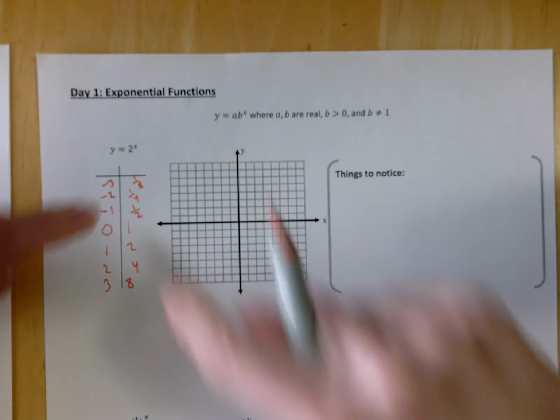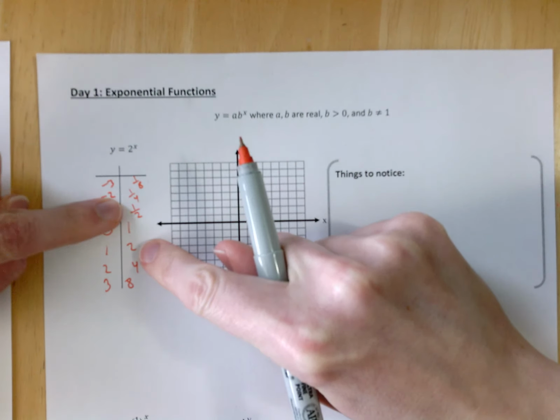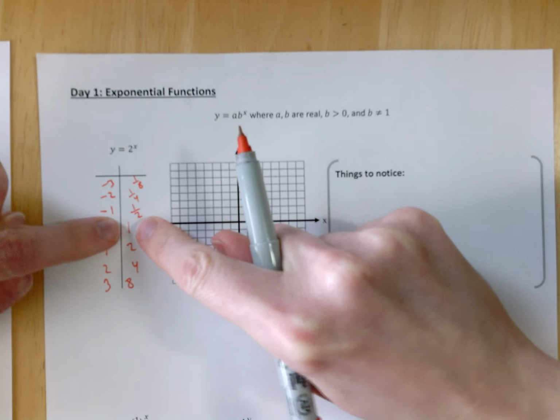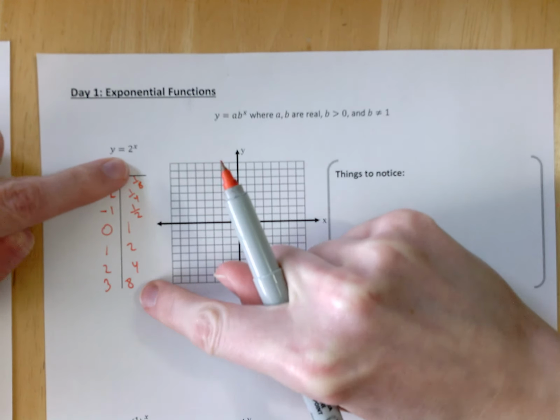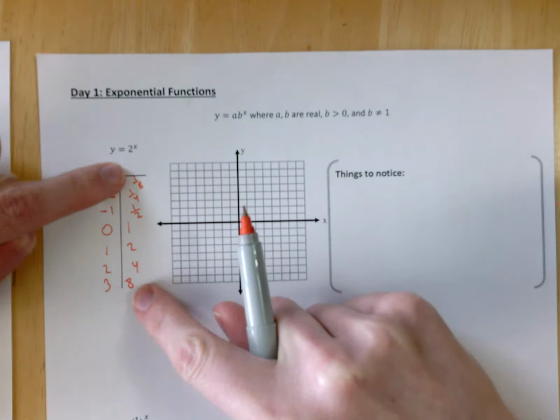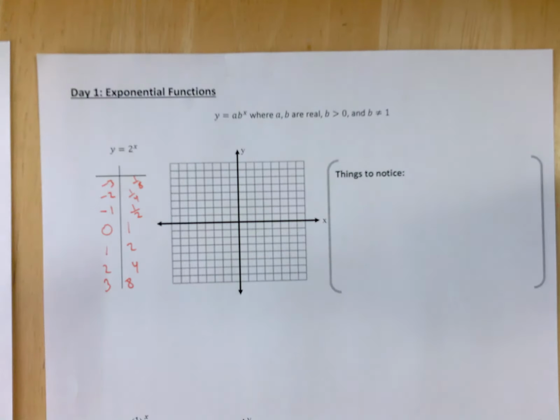So as you look at this table, you should see there's a sort of symmetry here, right? You get this 1 in the middle, and then it's 2 versus 1 over 2, 4 versus 1 over 4, 8 versus 1 over 8. And as you think about it, that's going to keep going forever. You're always going to have that kind of symmetry. All right, so let's take a look at